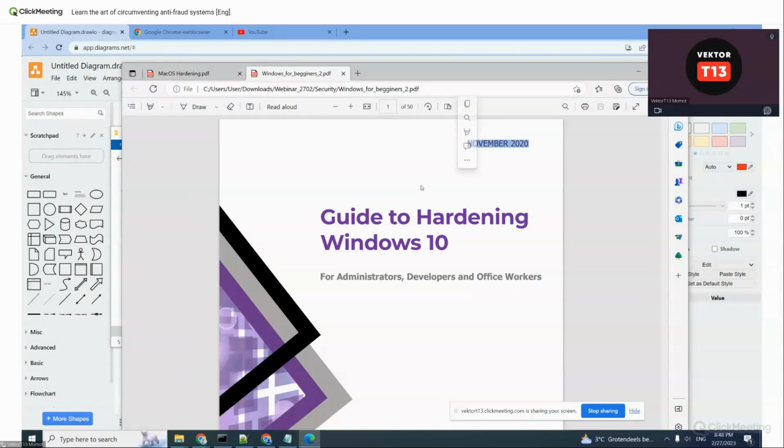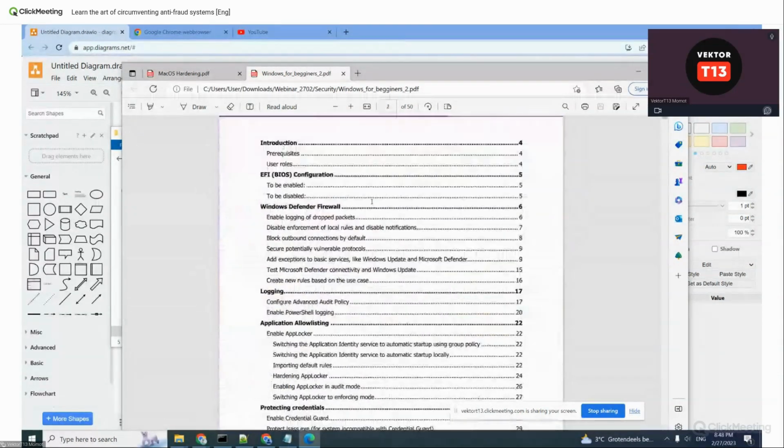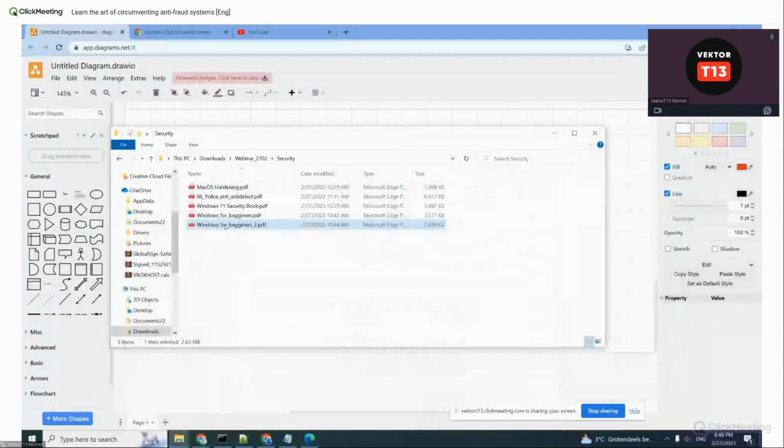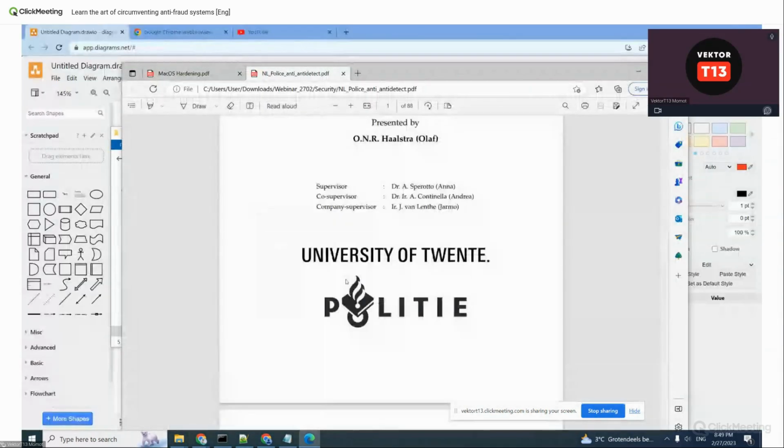This guide is 2 years old, not a problem, because it contains information about Windows 10. So every piece of information here can be used nowadays. The last guide. As maybe you know, I'm living in Amsterdam in the Netherlands, yeah, and our local